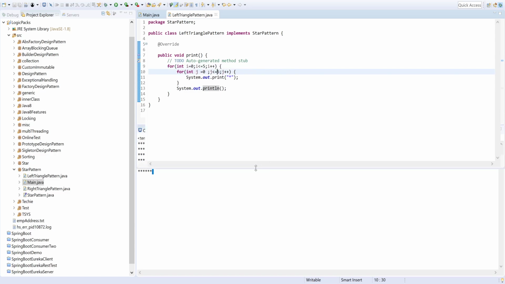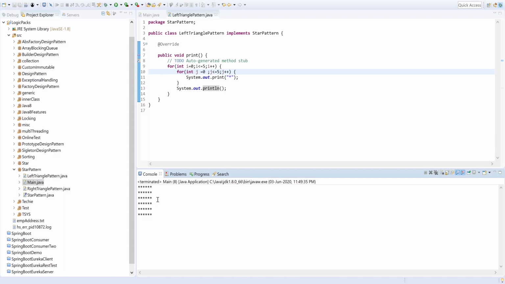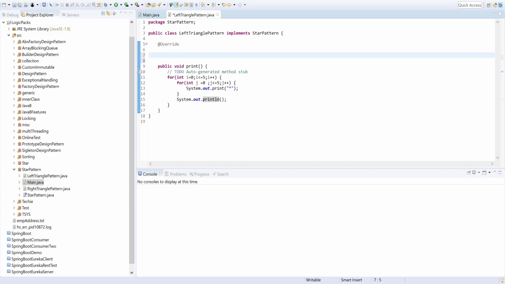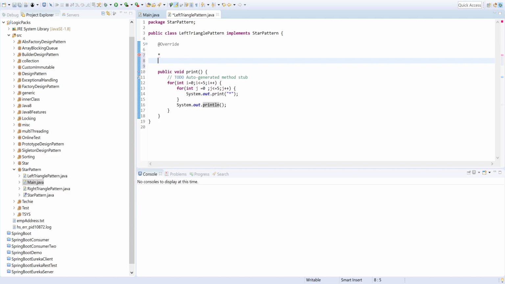So it is dynamic and it prints in the same fashion as I told you by the try and run method. So what we had to print, we had to print such types of pattern like this one,